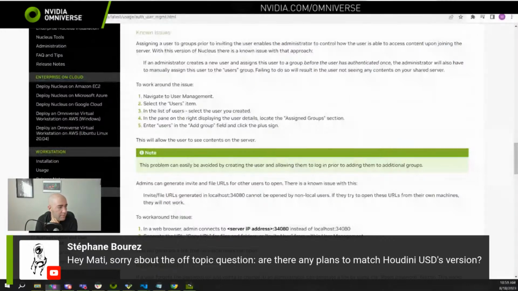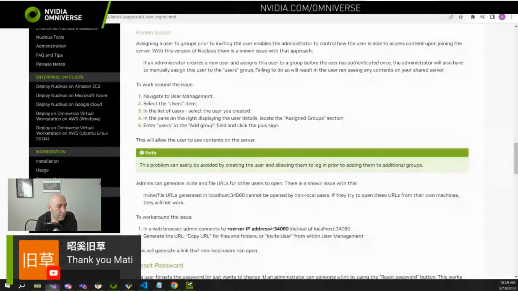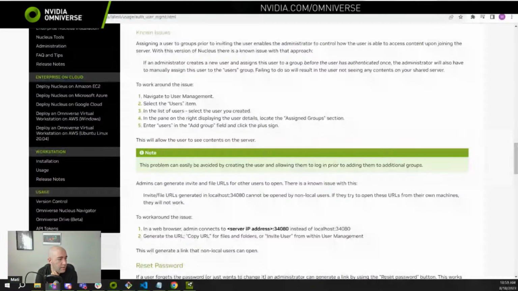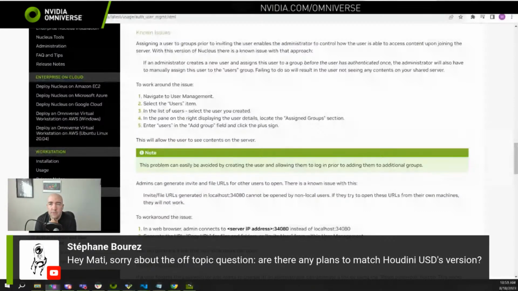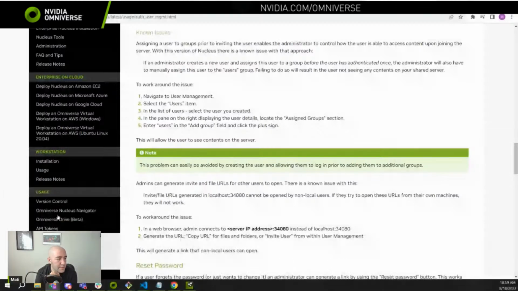There's a question about are there any plans to match Houdini's USD version? Oops, sorry. Yeah, I don't know what version Houdini is on. Our plan, I believe, is to try to be on the latest and greatest USD as much as we can. So this recent release was a big jump forward to 2211, and then I think we can expect an update